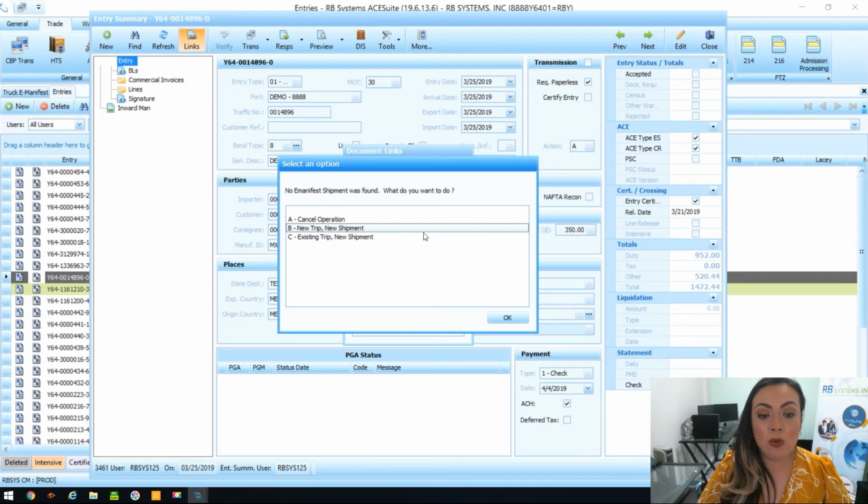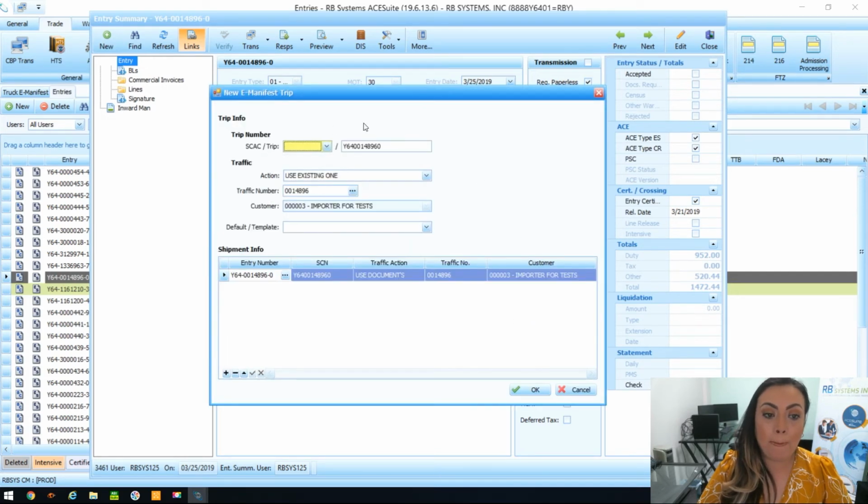So we're going to select new trip, new shipment, select OK, and it's going to open up this screen. Right here, we're going to select the SCAC code, which is the carrier code. As you can see, it already gave us a trip number, it gave us our customer number, it gave us our traffic, and it pulled the entry information for the Emanifest. You select OK,